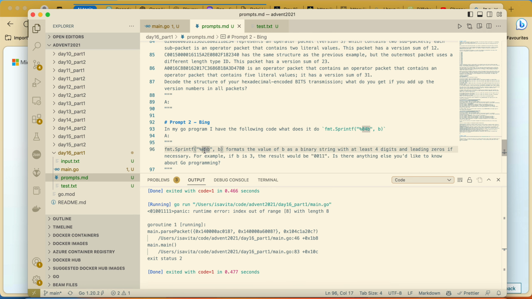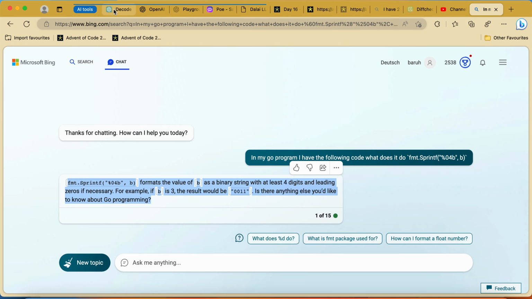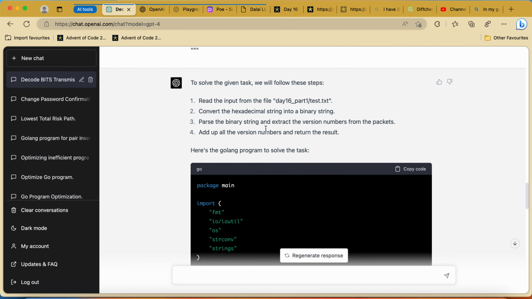We're saying to be at least 4 digits and to put leading zeros if it's less, if it's 1 and so on, which is exactly what we want. Yeah, it is absolutely perfect.